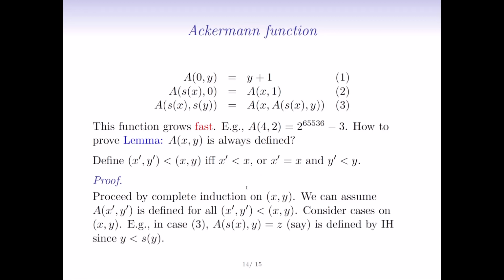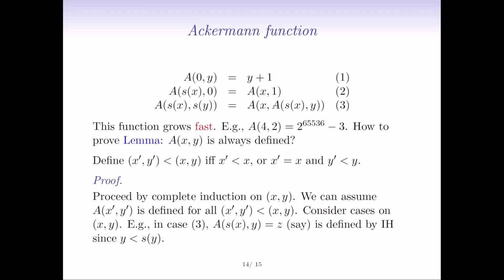I'm not going to completely spell it out, but here, for example, we can see that certainly if the first argument is 0, in case 1 here, then a of 0 and y is always defined. So the case when x is 0 is easy, because a successor of y is always defined. On the other hand, in the case of the third equation here, we have that x and y are both non-zero, and